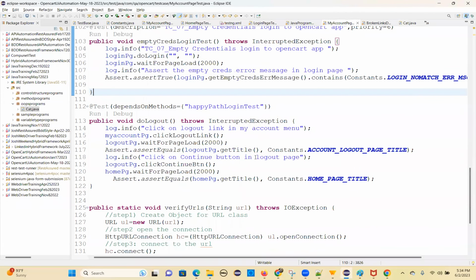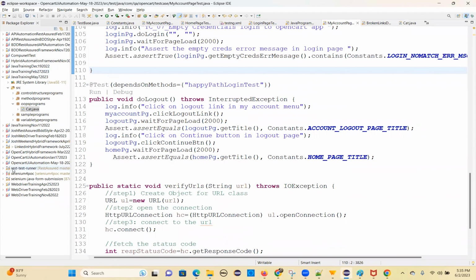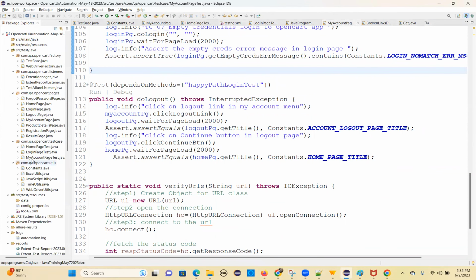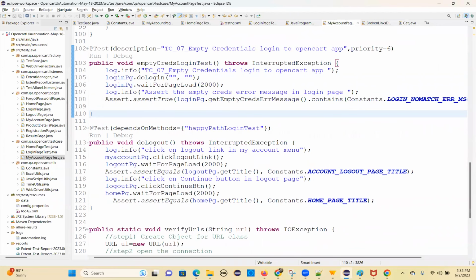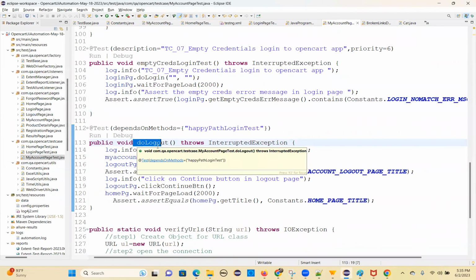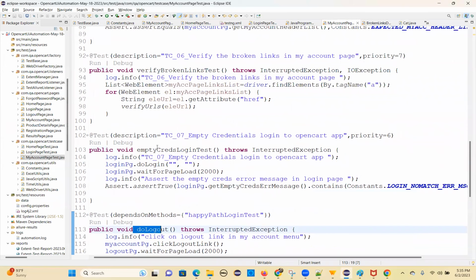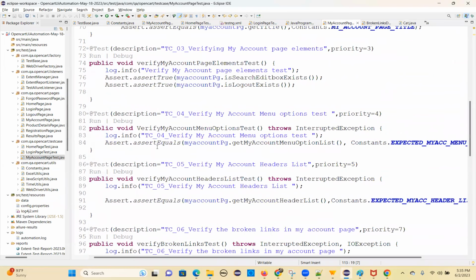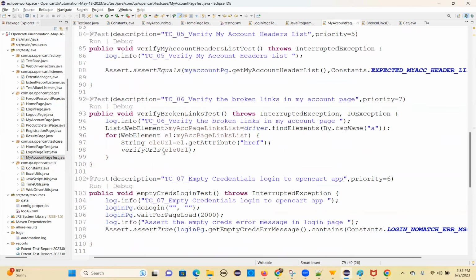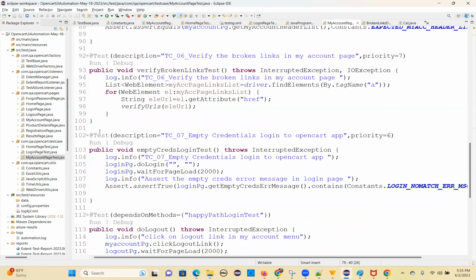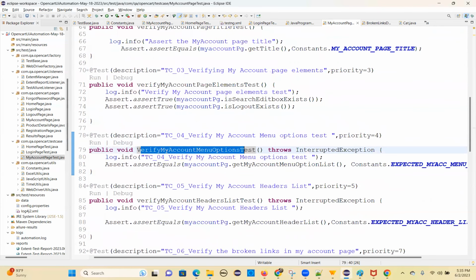So the my account page, my account test case we are writing. That's my account test case. Logout is done. Okay, where are we? Verify my account menu option test. This is done. Okay, so now here onwards, I think we need to write